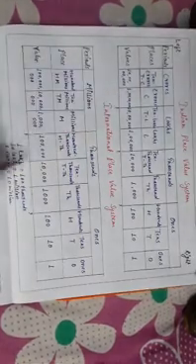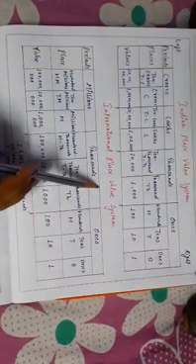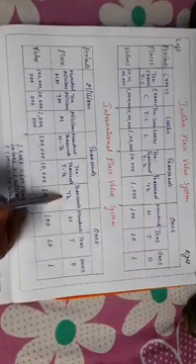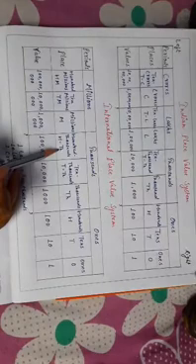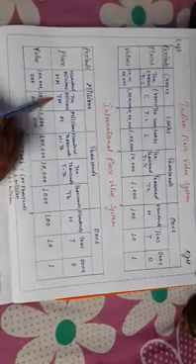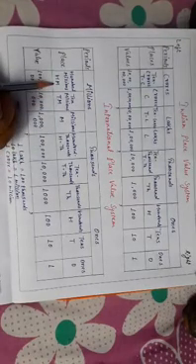While in the international place value system, we have the ones period with 3 places: ones, tens and hundreds. In the thousands period, we have 3 places: thousands, 10,000s and 100,000s. And finally, in the millions period, we have 3 places: millions, 10 millions and 100 millions. Normally, the Indian place value system is followed in India, Pakistan and Bangladesh, while the international place value system is commonly used in Western countries.